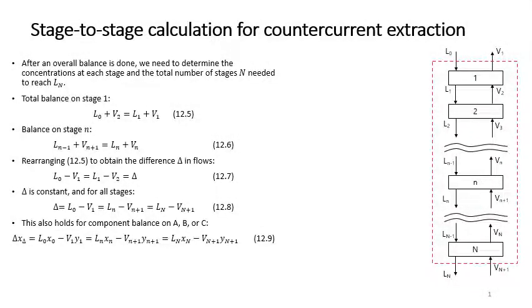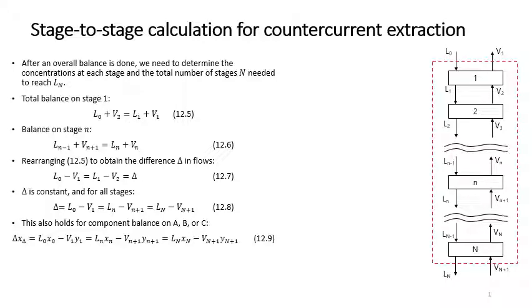Okay, so previously in the example, what we have done is that we know the feed flow rate and the solvent flow rate, and we know the compositions of the feed and the solvent, and the specified composition of the final raffinate phase. So then we worked out the composition in the extract phase and the final composition in the raffinate phase, and for the solvent, we worked out the flow rate using the overall and component balance. But we haven't yet determined the number of stages required to reach the desired